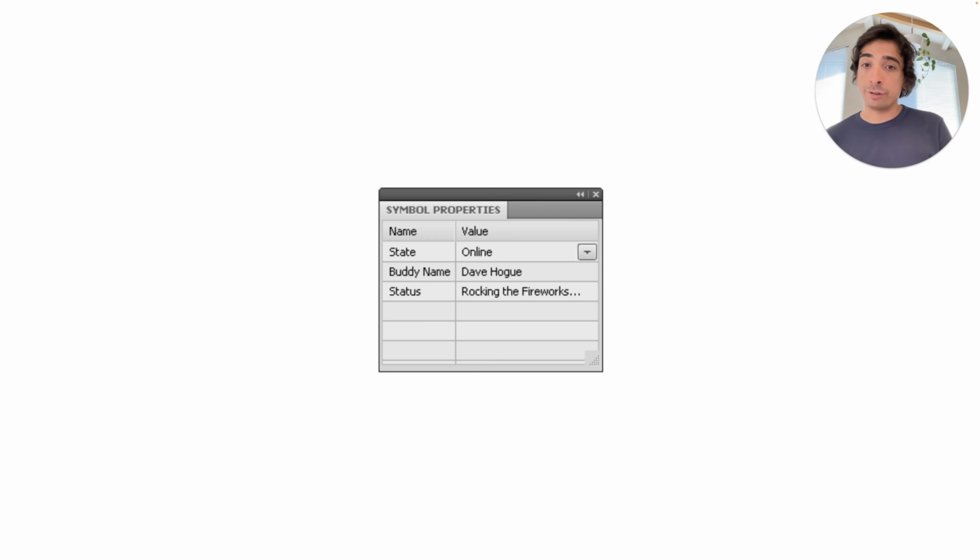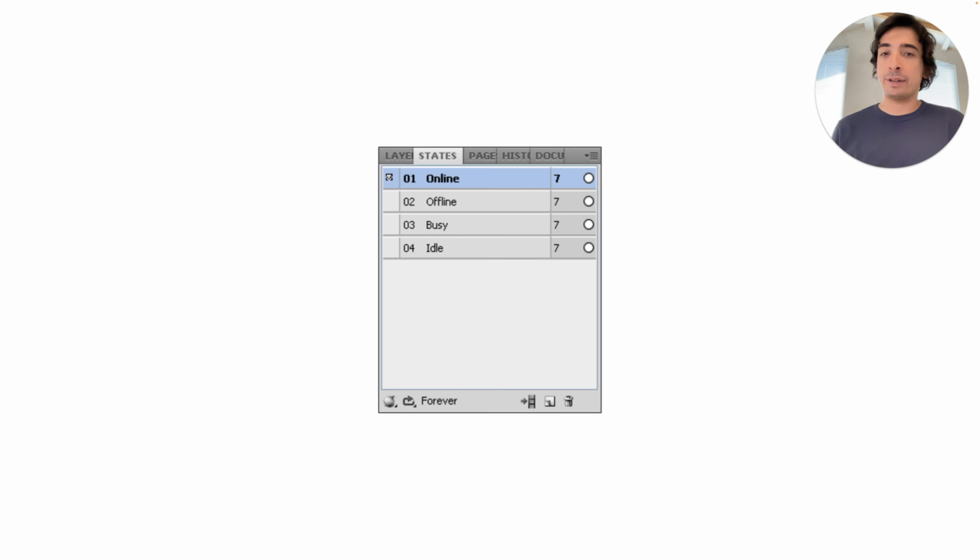And like this wasn't enough, after doing some research, I realized that it had more features. Look at this. This is symbol properties, and you were able to define properties for your symbols, basically like overrides we have in Sketch. Or here's states, a more primitive version of component variants in Figma. It's kind of wild that we consider these features advanced today, and Fireworks took the first steps almost 12 years ago.